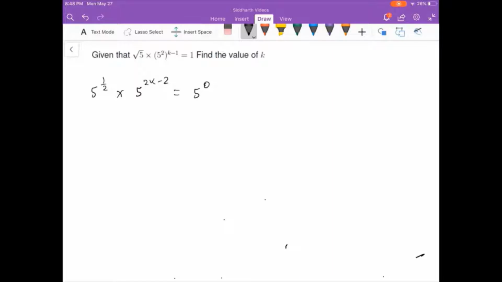We also know that a to the power of m into a to the power of n is equal to a to the power of m plus n. So simplifying the left hand side, we can rewrite it as, now because the bases are same, we can equate the powers. Solving the equation for k, we get